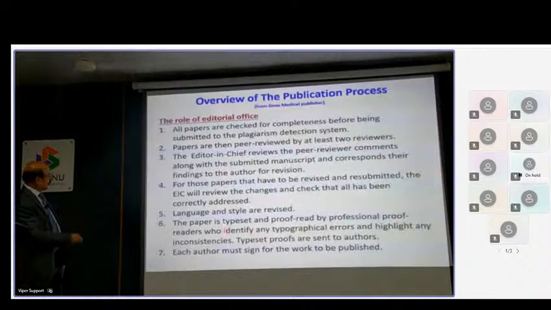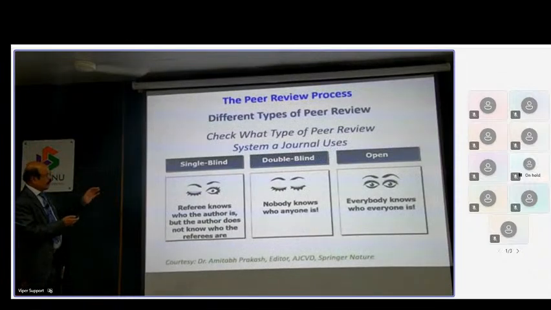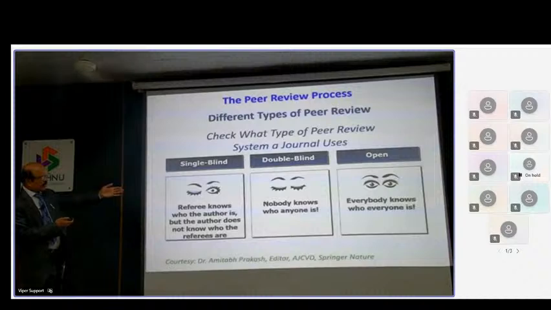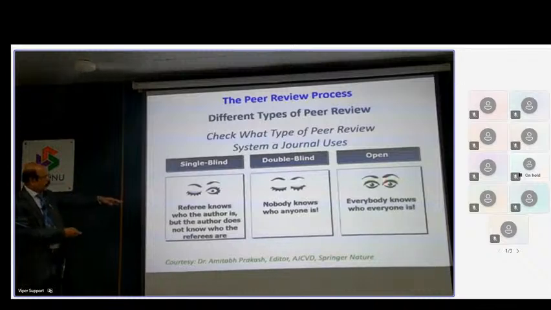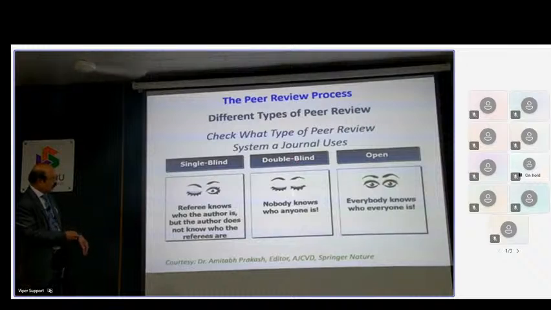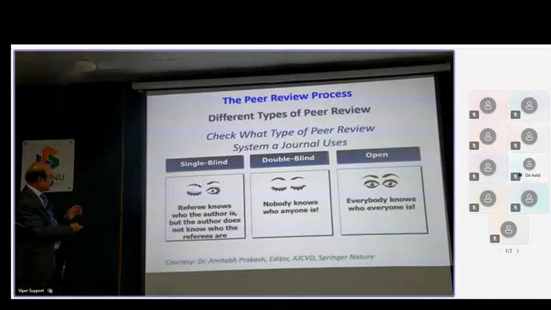And what is the role of the editorial office? Again, I've skipped this one. So review will be done by either open reviewers. That means everybody knows who everyone is. The author's name is known, the reviewer's name is known, everything is disclosed here, which is not done by many journals. Very few journals follow this method of peer review. However, double blind is done, especially in India. Nobody knows who anyone is. Who is the author? We don't know. Who is the reviewer? We don't know. They cover up everything to avoid bias. But this is followed by all Western countries and everything except India, where single blind is